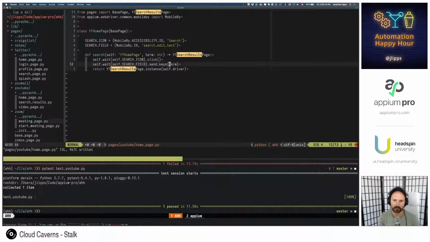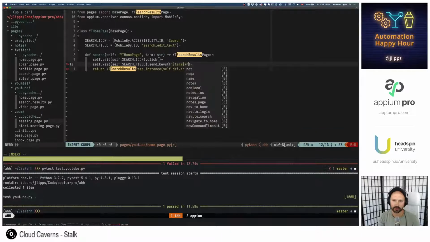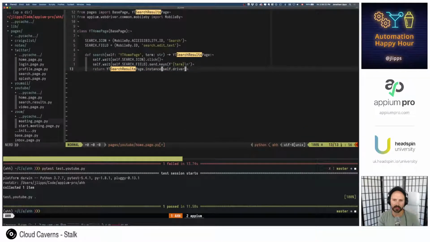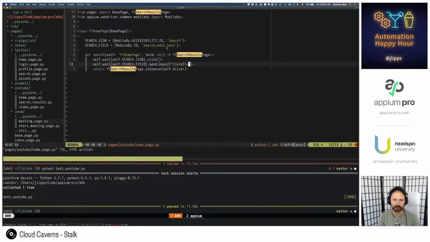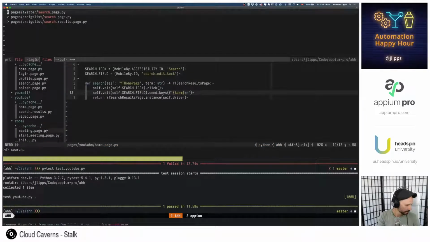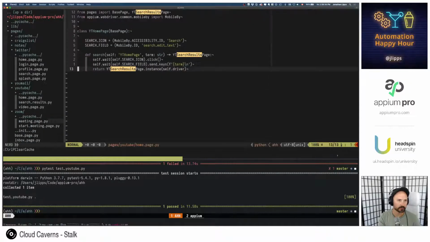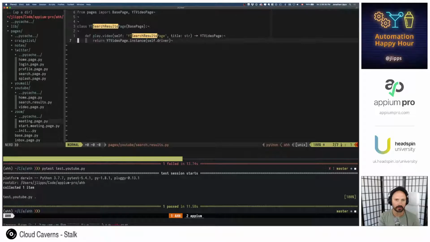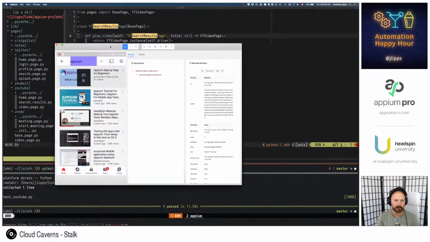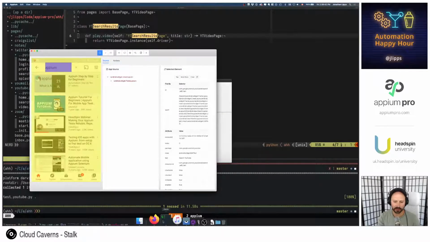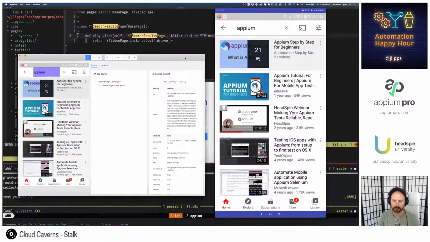So we're gonna want to change this into a format string. Send in something like that instead to actually do the search. That will get us to our search results page. Search results. There we are. So here we are. What we want to do is find a video by its title.